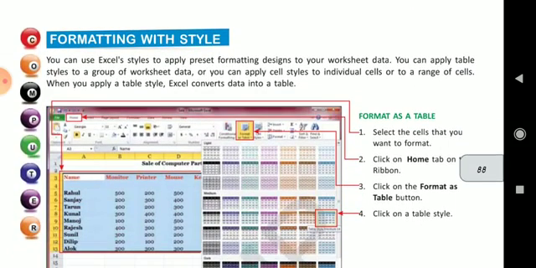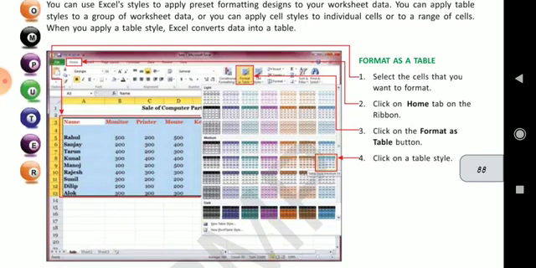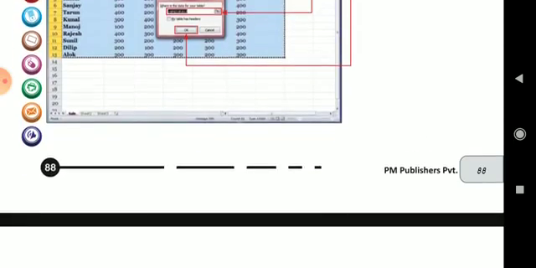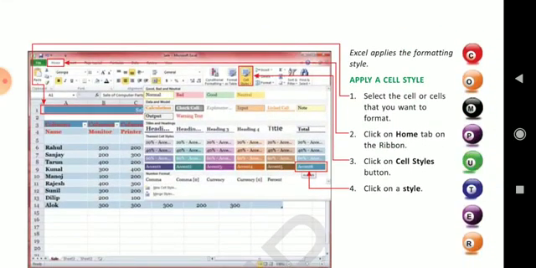Formatting with style. Again, Format as Table. You can change your whole data into the form of a table, and you can also change the table formats here. Click on the Home tab and Format as Table. Under that, when you have selected the table, you can also change the style of the cell. Apply a cell style.